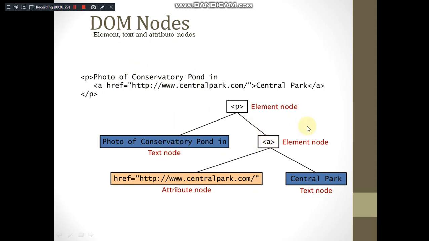Okay, this A is again an element node. You also have a provision to include an attribute node, right? For the A tag you have an attribute as href, so this can be included as an attribute node within the DOM tree structure like this as well. And it has a text node, whose value is Central Park. This way you can also have a detailed structure. So this is element, this is text, that is the contents inside the paragraph. Attributes used with the element can be written inside the attribute node, and these three categories of nodes can be accessed via the built-in methods of the document object that we'll see now.